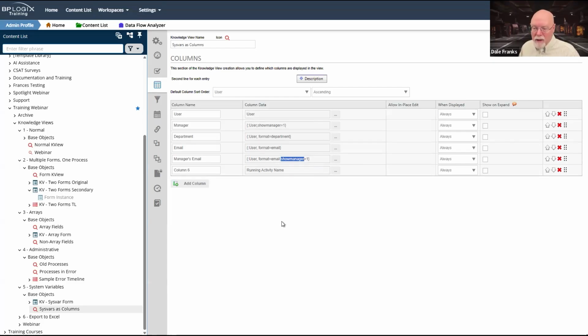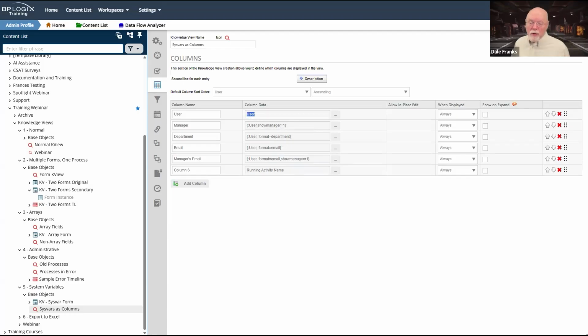So I can use, well, I was about to say I can use any system variable I want. That's not true. You can only use a system variable that has meaning in the context of the form instance that you're returning. All of these system variables have meaning because I have a user field.